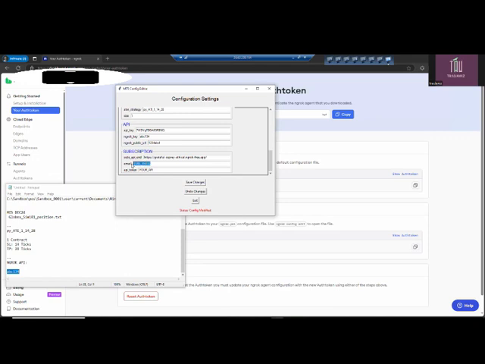And of course, you have to have your email address. For example, john3@gmail.com, which should be the exact email that you have. And of course, your API token.